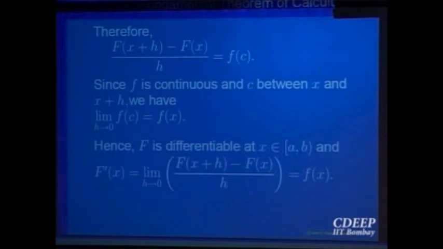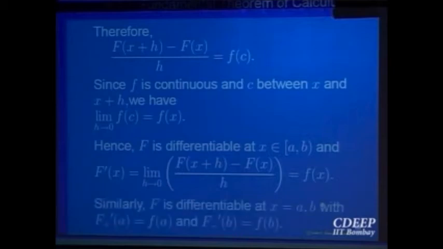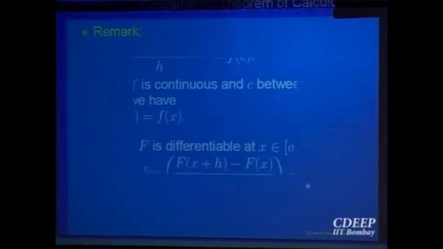So it is a straightforward application of the mean value theorem for integrals, because the integral from x to x+h is given by f at some point c times the length of the interval. So the integral is gone, and it comes out in terms of the function small f. So that is what is called the fundamental theorem of calculus. Actually, you can use this to prove also that F is differentiable at the left hand point and the right hand point. Same argument. At a, you will be only taking the right hand limit, coming from the right; at b, coming from the left. You can do that to prove.